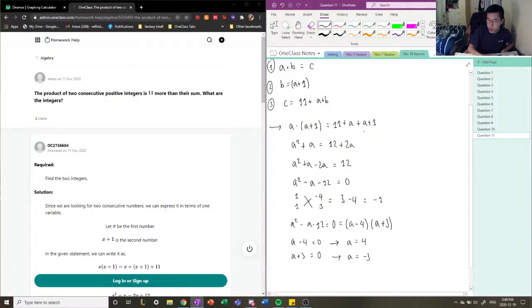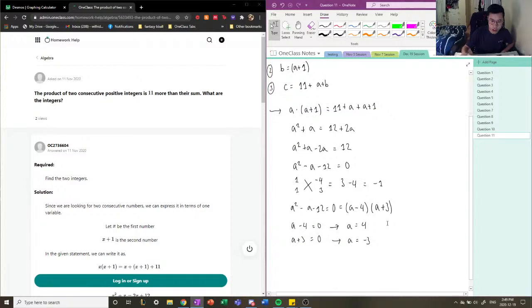However, the question restricted us to positive integers only, so we cannot use this value here. Therefore, a is equal to 4,